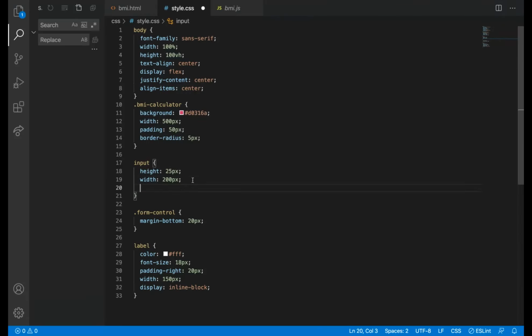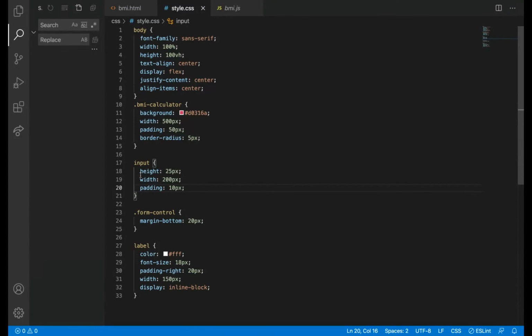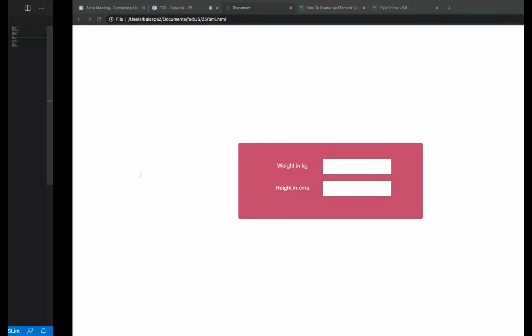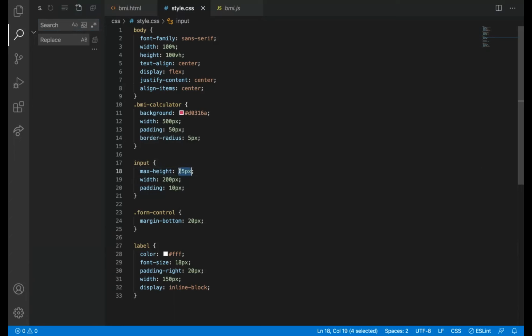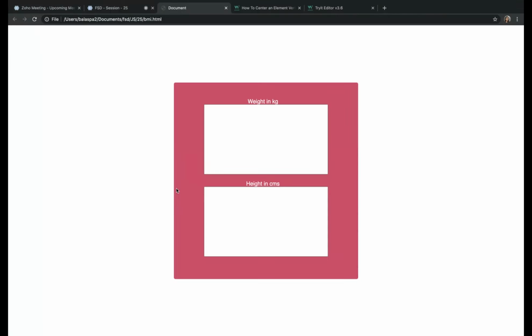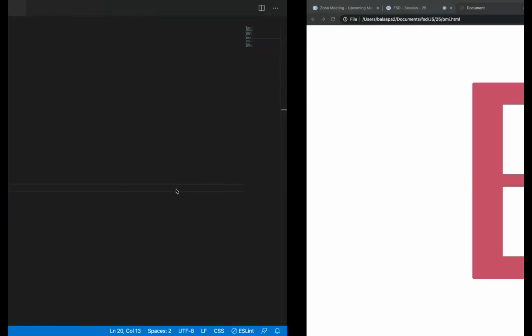We will give padding of 10 pixel. I give max height. What max height will do is it won't allow, even if I give 100 pixel padding, it won't apply. I think it needs important. I'll leave it.